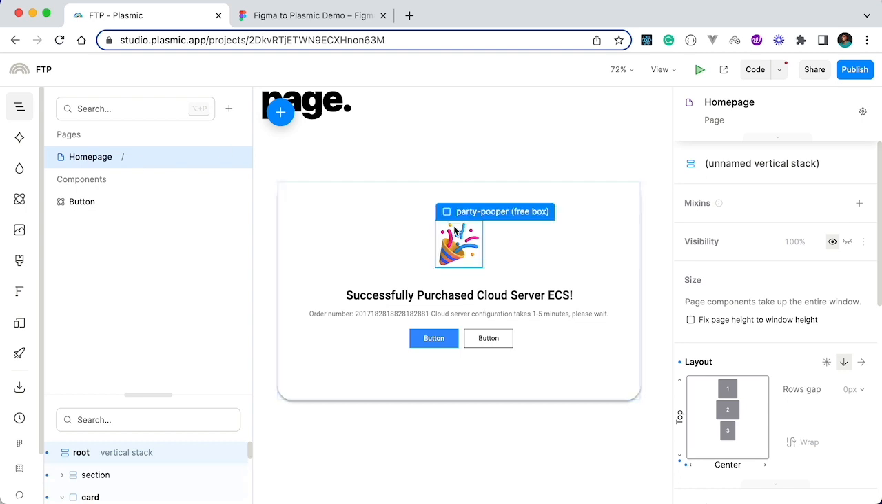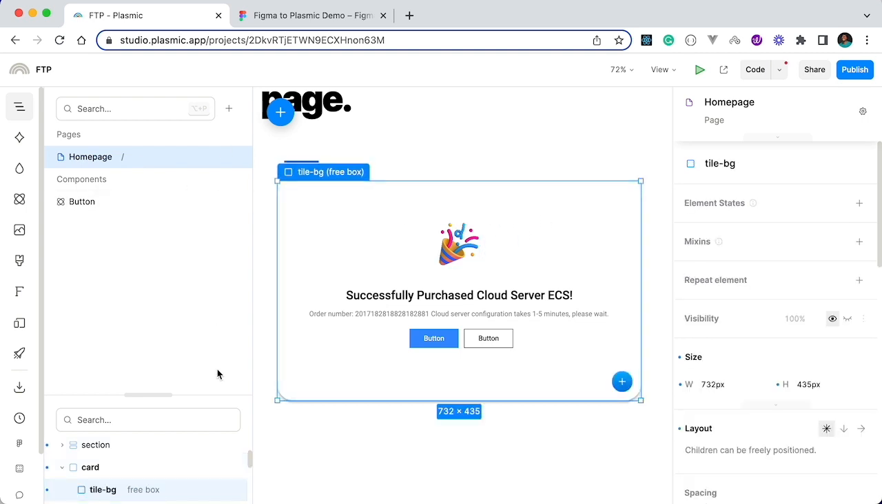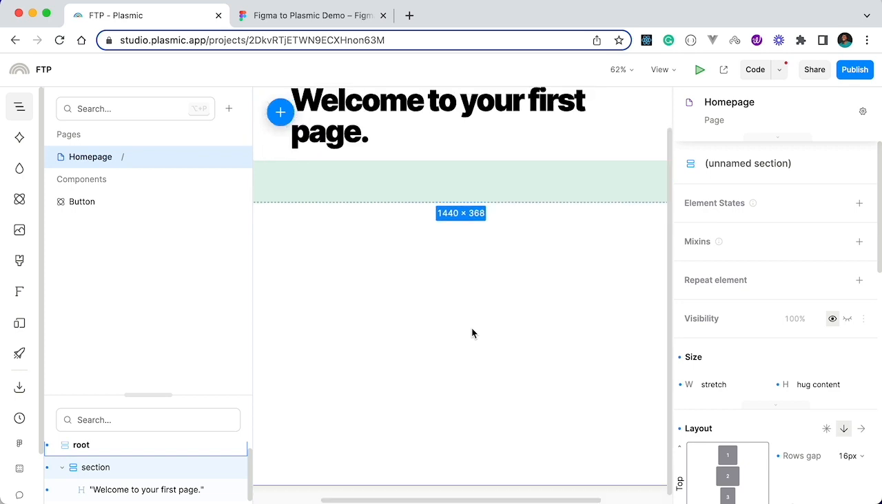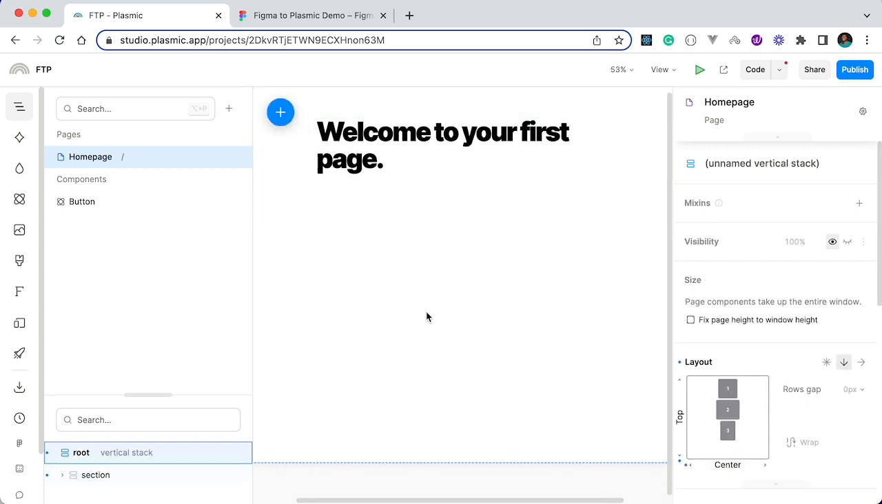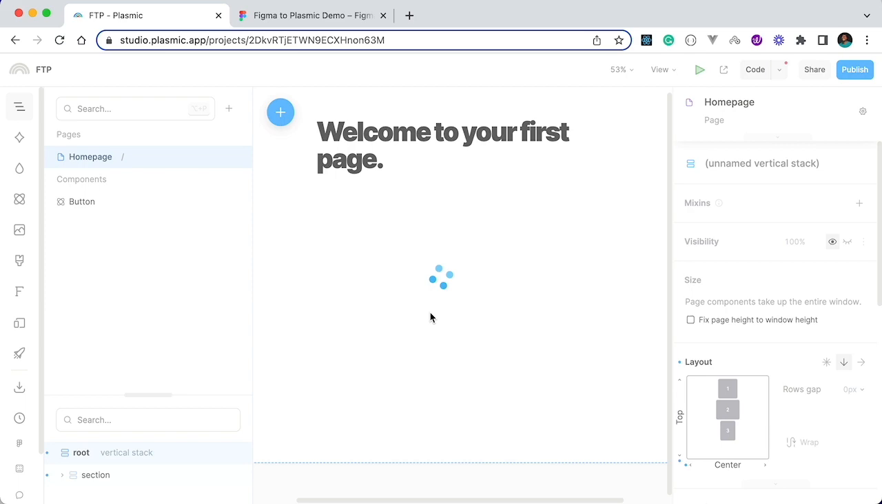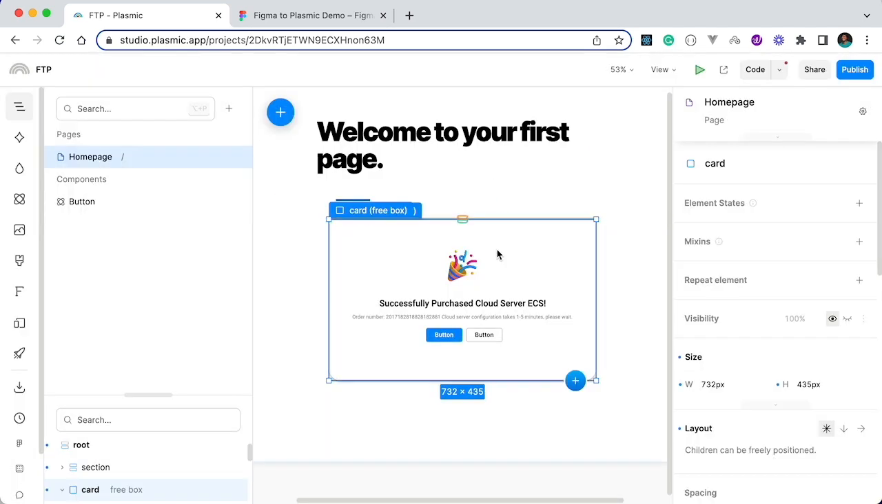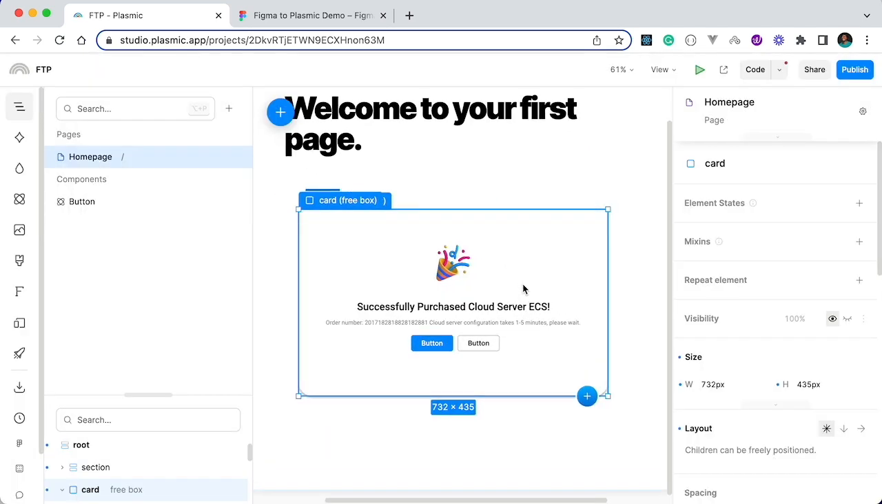Now, let's get rid of this one, and do it again. So if we repaste that design that we copied before, that's what I'm going to do, and we select this option to replace with Plasmic components of the same name if it is possible. If we hit that option, now we get the instances of our button from Plasmic, replacing the instances we had